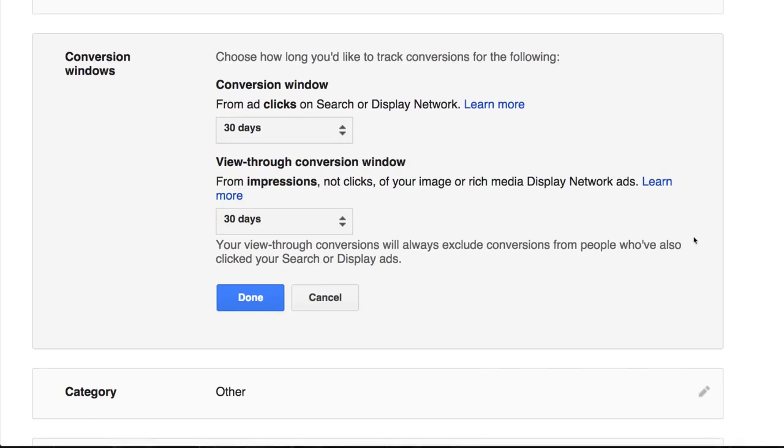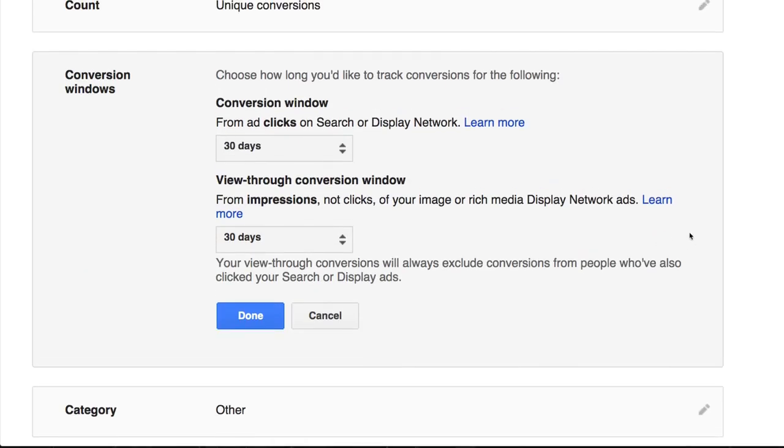Now, what do you think our conversion window should be for Poppin? Let's say we're choosing a contact us form. This is the type of thing you would ask a client if you're managing this for a client, but if it's your own business, you want to think about how long does it generally take for a person to decide to buy from us? So for example, what the conversion click window means, if somebody clicks on your ad, they come to your page,